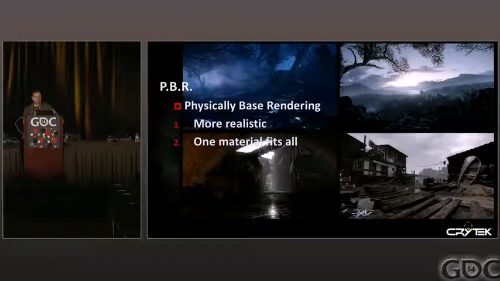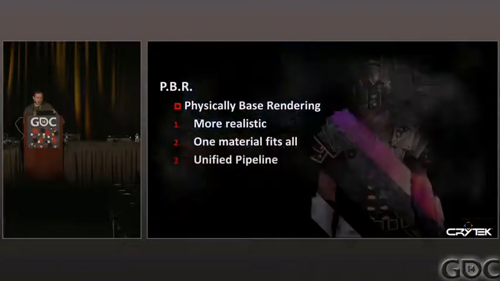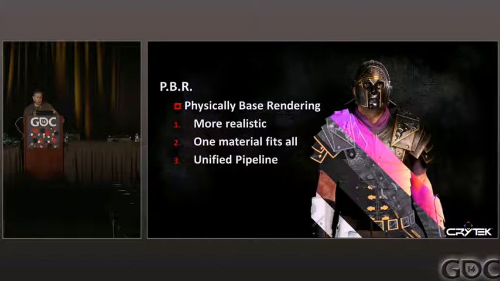So what it means is you could make an asset and give it one material and it would look good anywhere without extra work. It also affected our pipeline mostly by pushing a more scientific approach to how we tackle texturing,